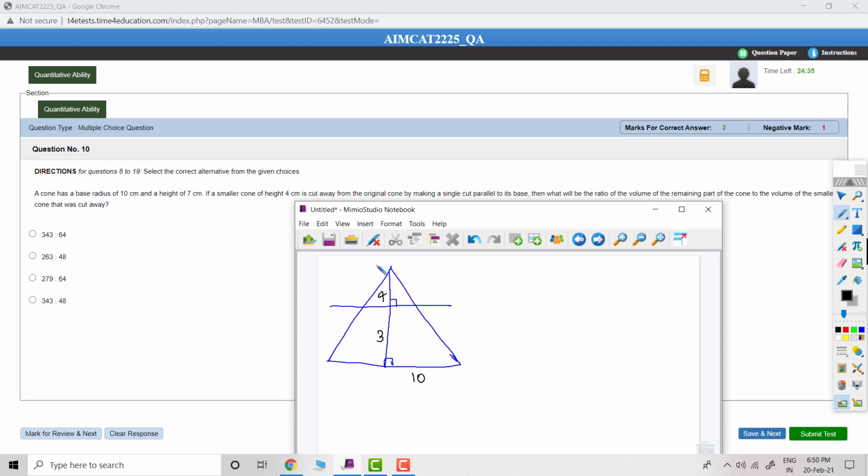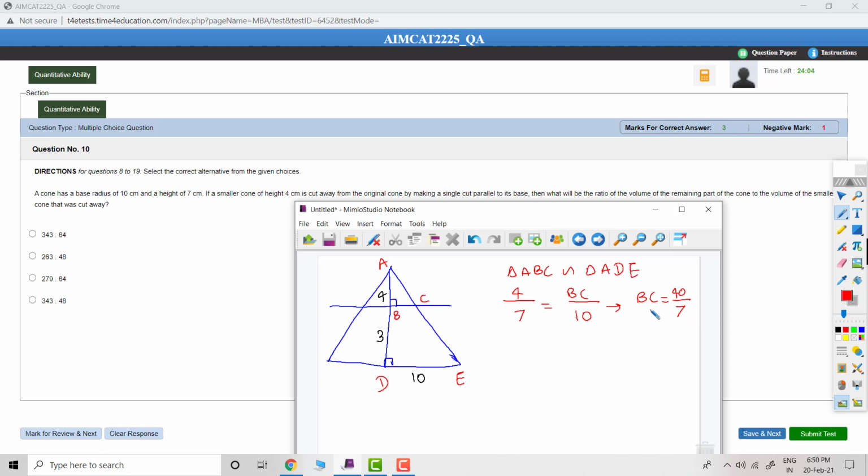So what I will do is I will name this. Let's name this as ABC. This is DE. Can I say triangle ABC is similar with triangle ADE? Okay. So now look here. By using double A test, can I say AB is 4 divided by AD it's 7 is equal to BC, we don't know, divided by DE is 10. So if we solve this, the length of BC is equal to 40 by 7. So we got the radius of smaller cone.